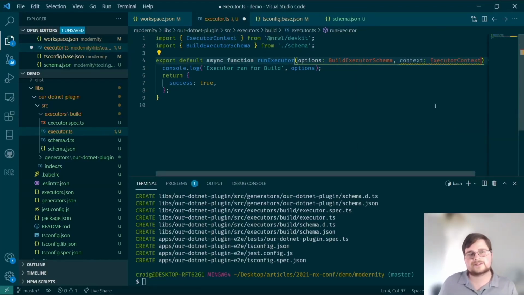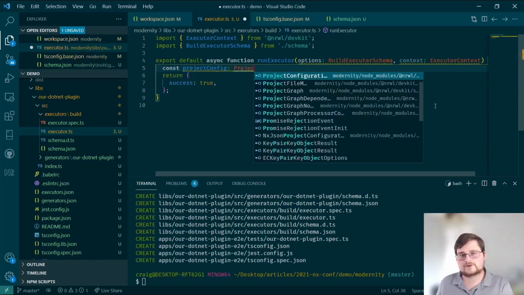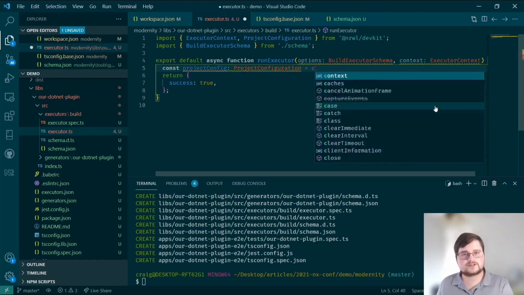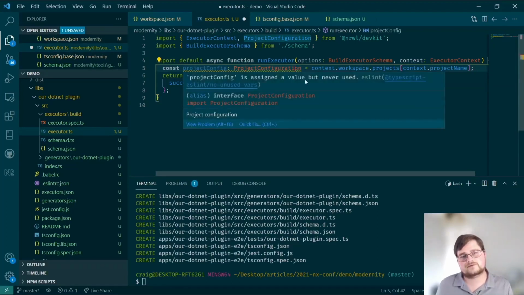But what this gives us is the workspace definition that the executor is being run in. So we can do something like const projectConfiguration equals context.workspace.projects[context.projectName]. And that's going to give us all of the information that we need for being able to build